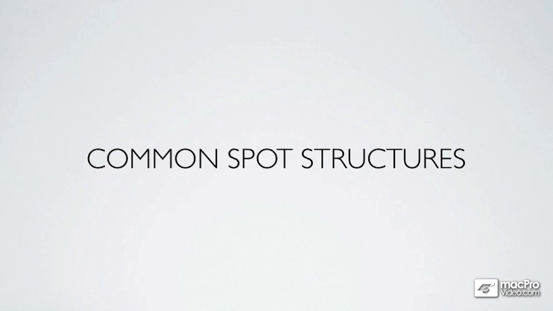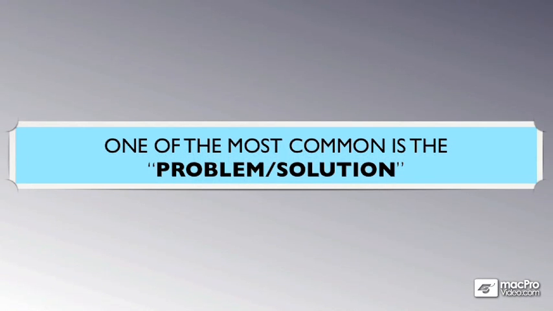There are certain arranging structures you'll find occurring frequently in spots. A very common structure and storyline device is that of the problem solution. This makes a lot of sense considering that branding and sales create their effect by offering solutions to people's problems. And sometimes products come into existence which make people aware of problems they never even knew they had. But that's a whole other story. It's important to recognize the problem-solution structure because you'll want to look out for it when you analyze your video